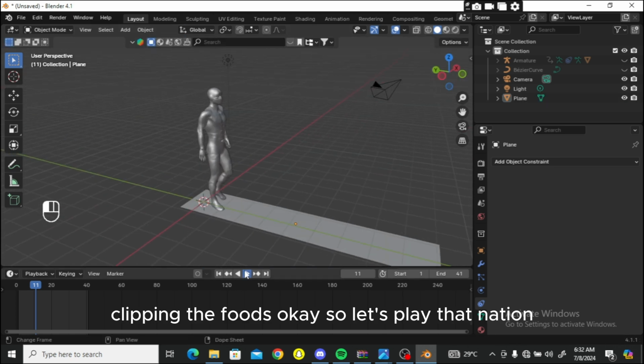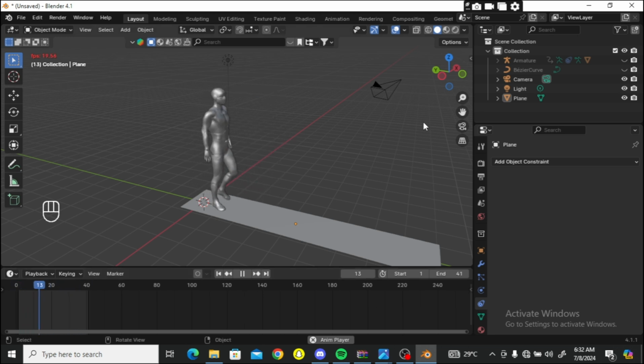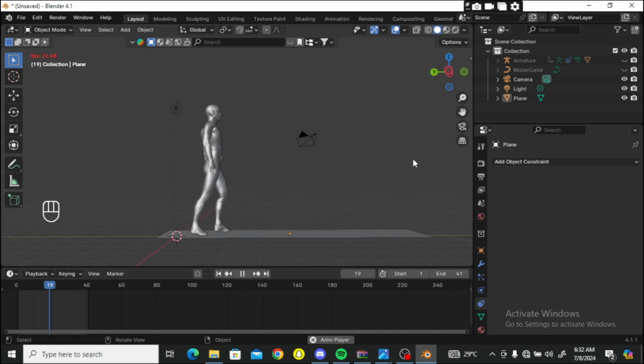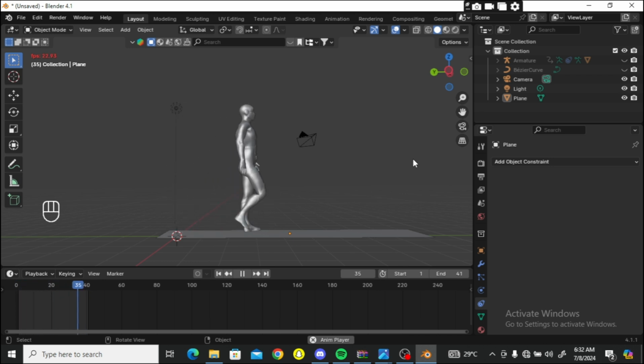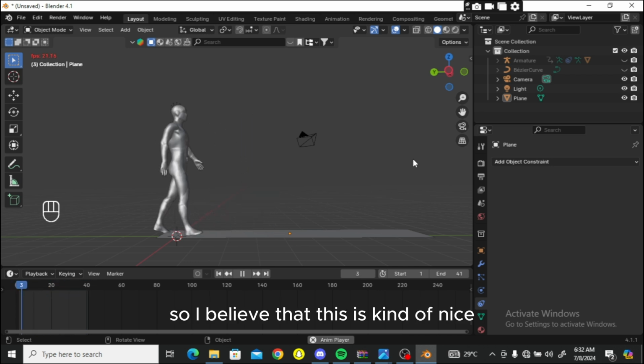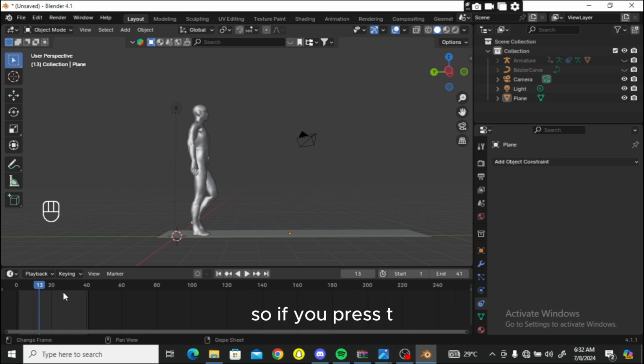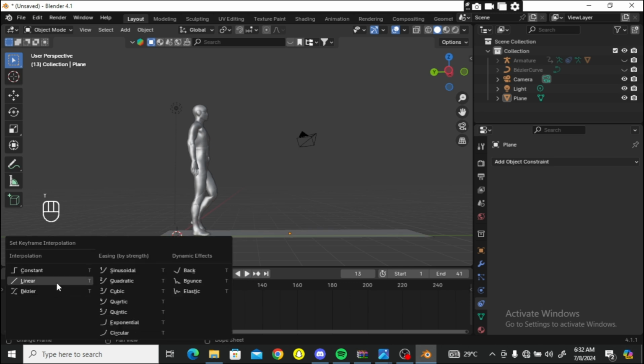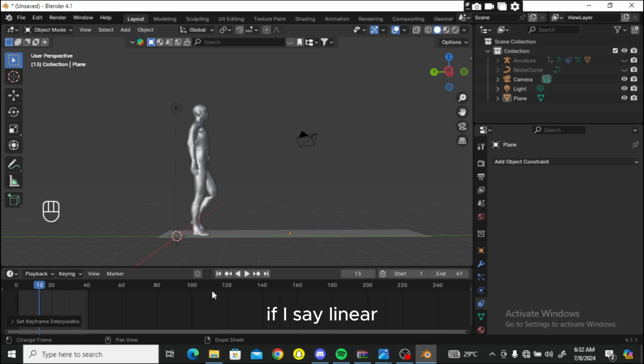Okay, so let's play the animation. I believe that this is kind of nice. So if we press T, if I say linear,